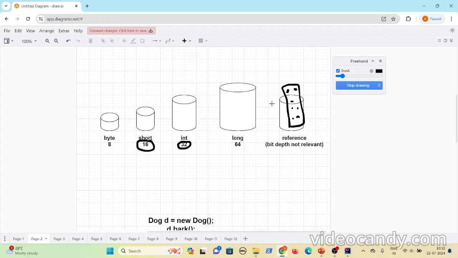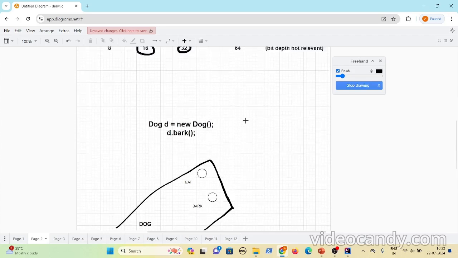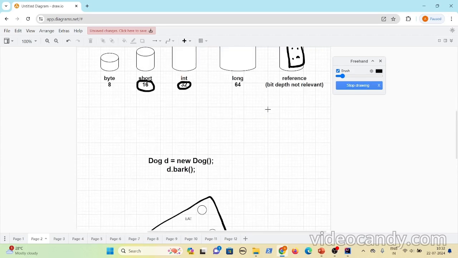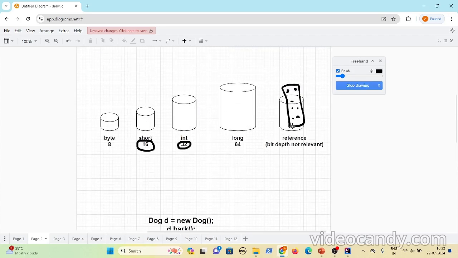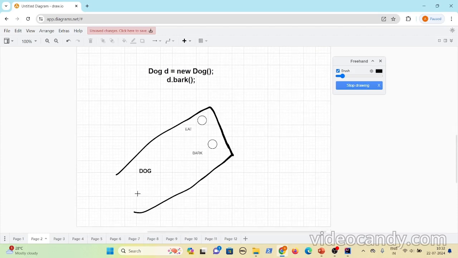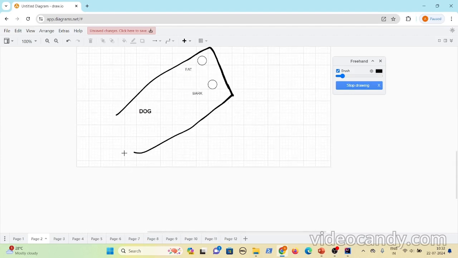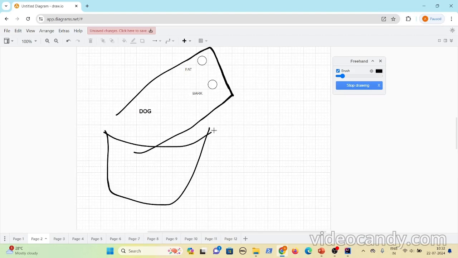So this is how objects work. Now, this is the reference variable, and this is the remote control, as I said. It will have some buttons related to the eat method and bark method, and this is the holder container, the reference variable, and then it has the remote.